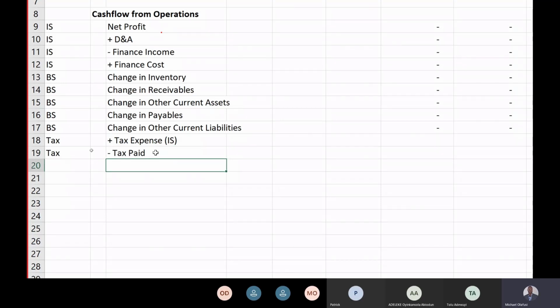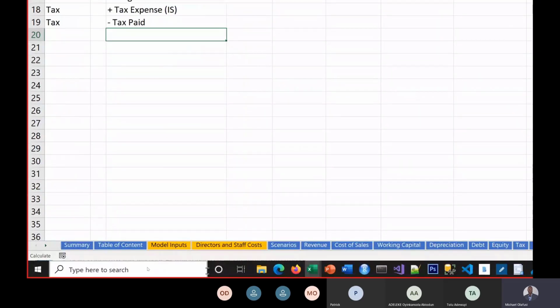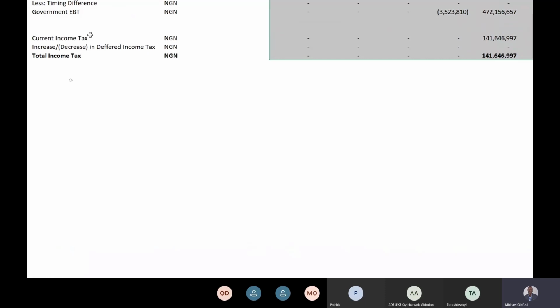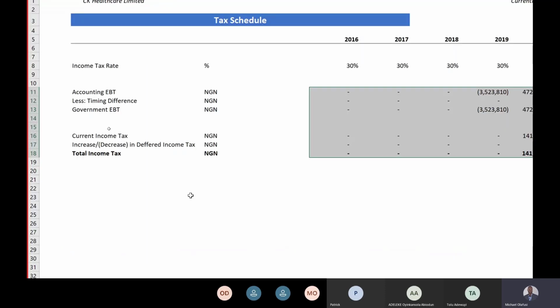Okay, so this is now what you will use to get your cash flow. The only thing is that usually there's a difference of a year between what you paid this year for what you owed last year. So you need to have a line in your book. Typically you have a tax schedule that will help you capture that difference. Okay, so in our own situation,